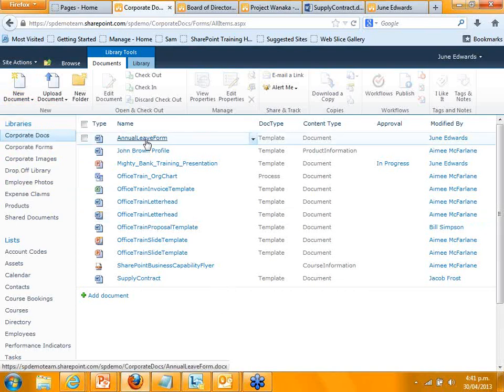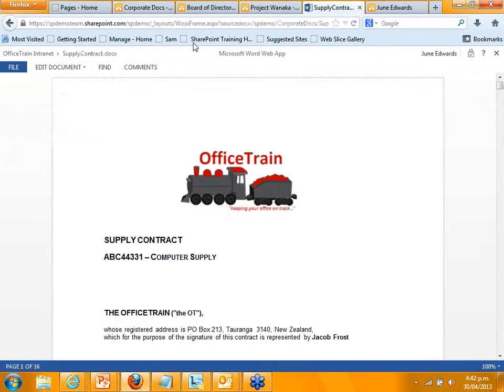So the other thing is, I said I can open it and edit it in Word, but if I've got a lot of people that are using my SharePoint site and they don't have big bandwidth, or they don't want to have to download the document, they just want to view it and see what's on it, I can actually just click on it, and I've done this so that it opens in another window just for me now, and it actually opens in what they call Office Web Apps.